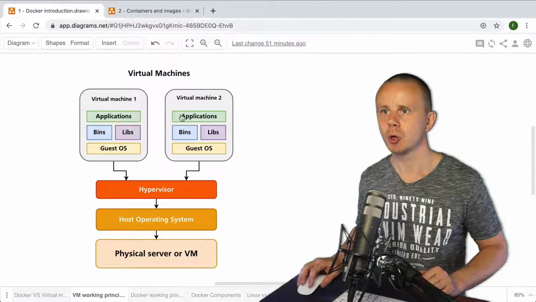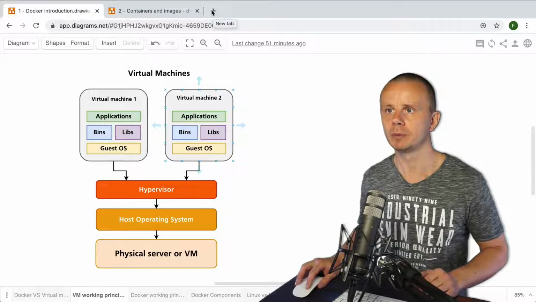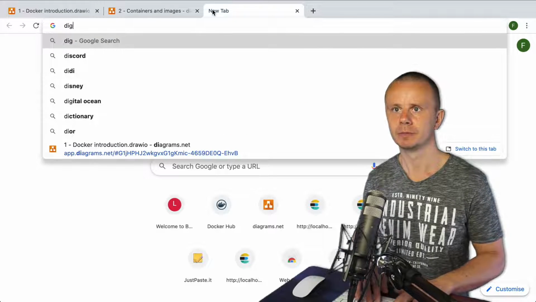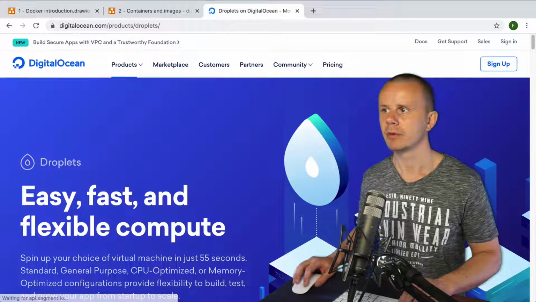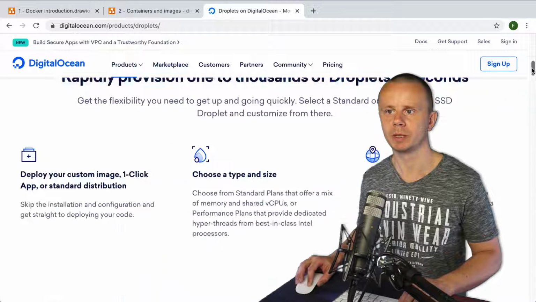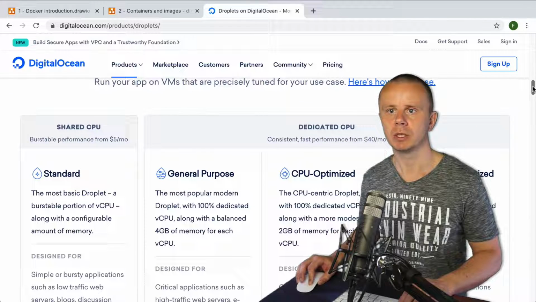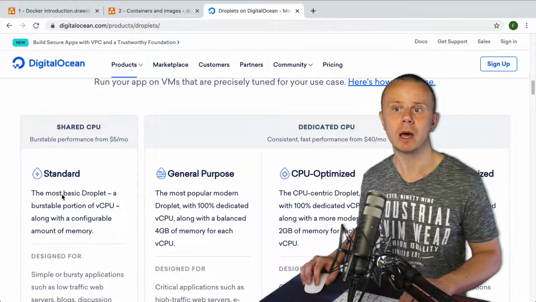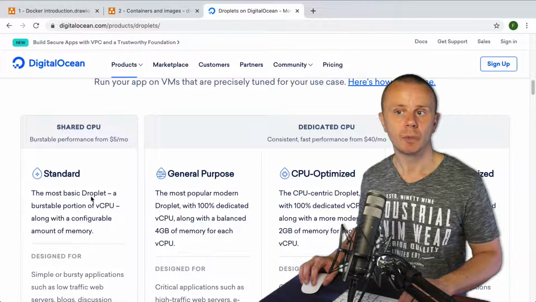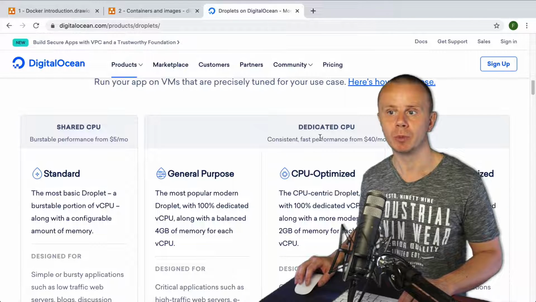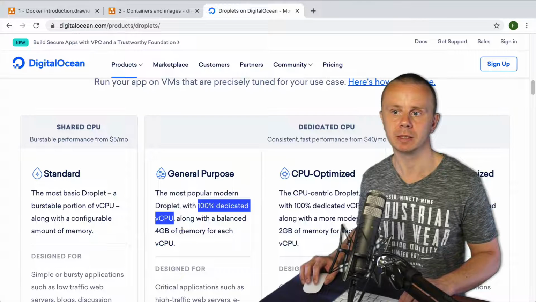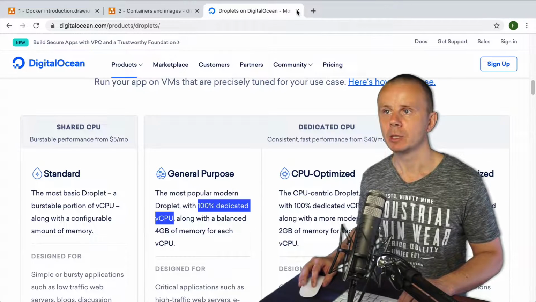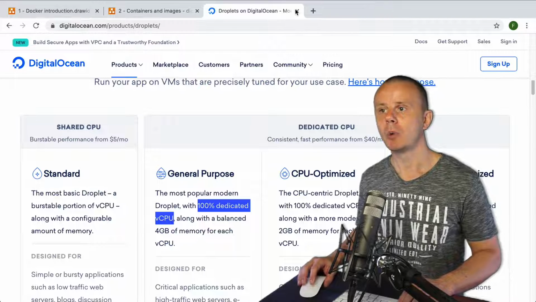Let me quickly show you that, and let me go, for example, to DigitalOcean. Here go to products and droplets. Every server here is called a droplet. And if you scroll down a bit, you can see that there are so-called standard droplets, and they share CPU with other droplets, and there are dedicated CPU droplets that have 100% dedicated virtual CPUs, along with balanced memory. Alright, that's how it looks at hosting services, and again,